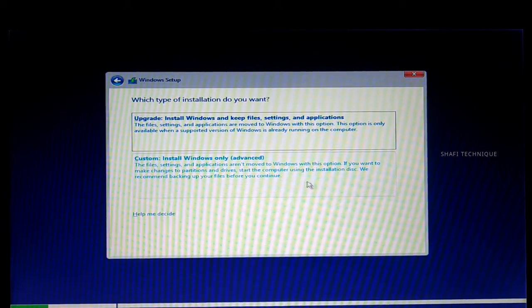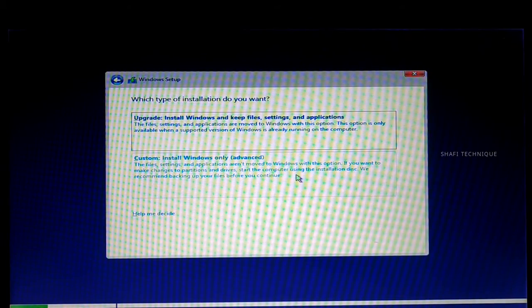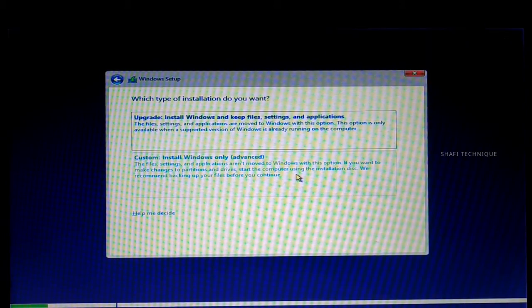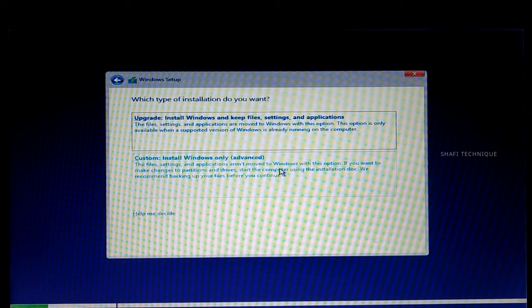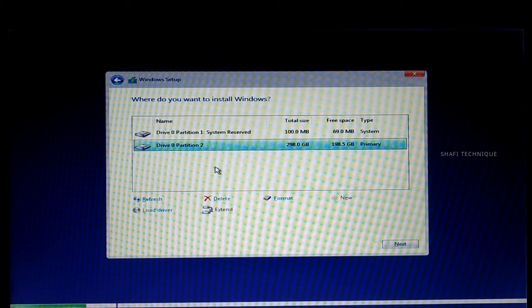If you select first option, Windows 10 will be installed without deleting any files. If you select second option, Windows 10 will be installed by deleting the files. As I told earlier, if you select first option and install Windows 10, then you will face some lag issues. So select the second option. Now you need to select the disk where you want to install Windows 10. But before selecting, we need to format the disk like this. Now select the disk where you want to install Windows 10. Make sure you are selecting high size disk and click on next.